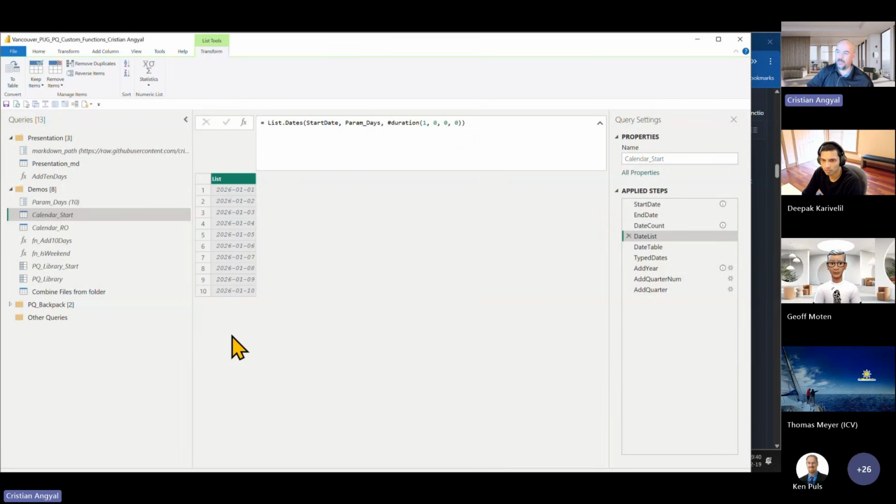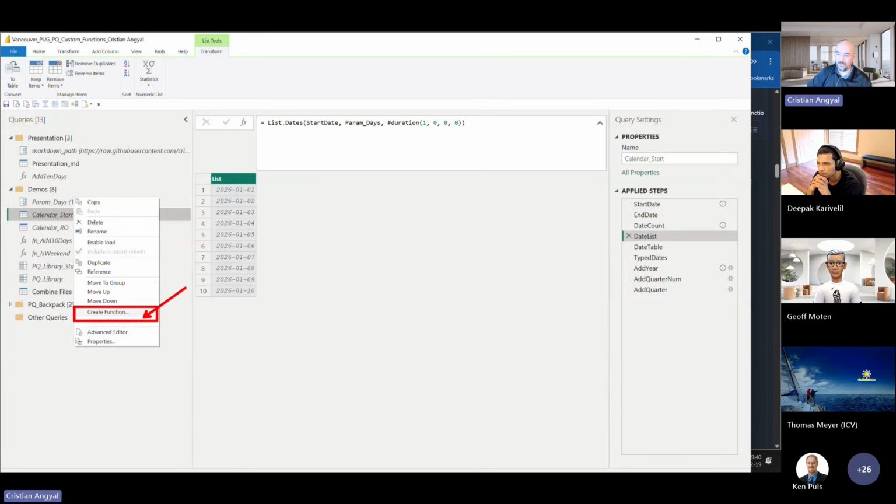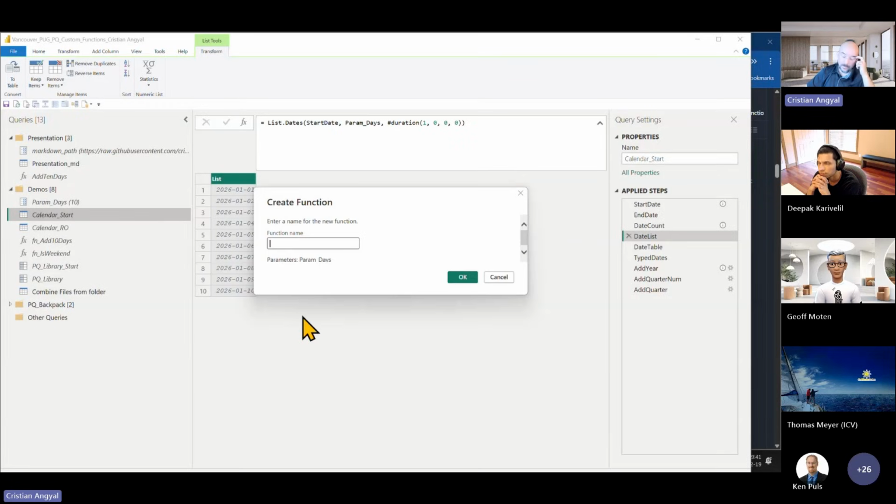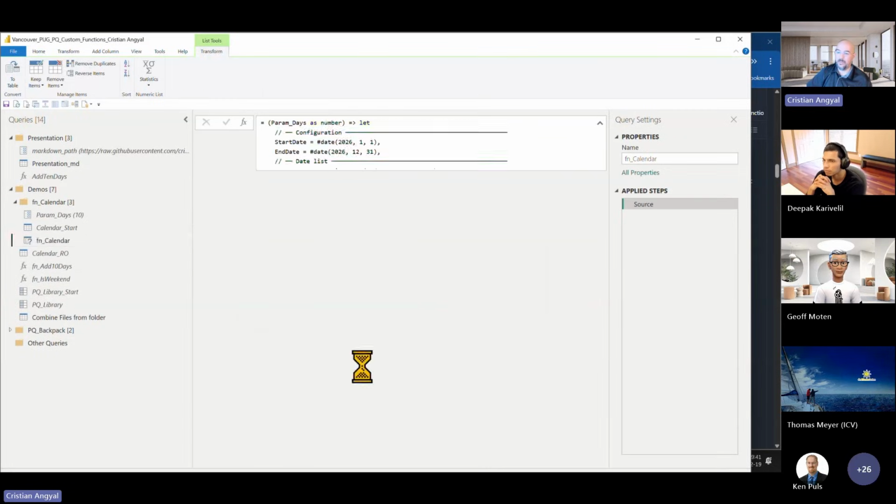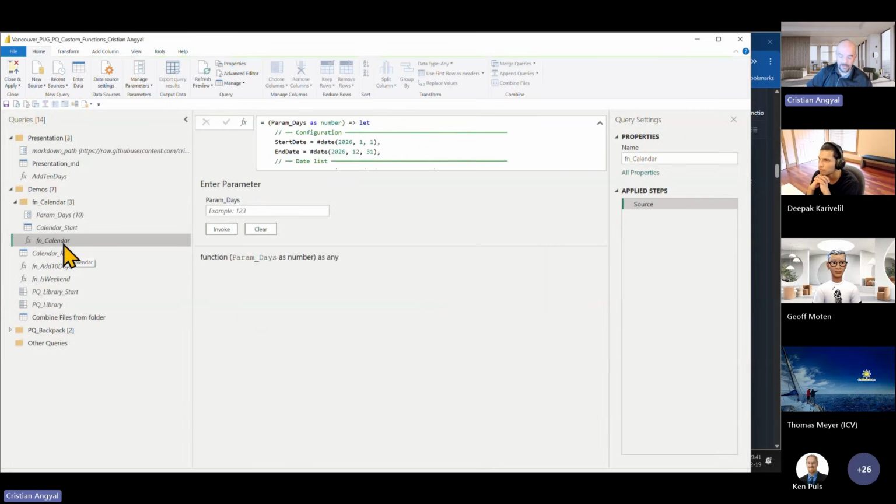Now that I added a parameter inside my query, I have the option, well, I had the option before, and I'll show you that option too. I have the option to right click and go with this create function option here. Whenever I'm doing this, I'm getting a screen asking me for the function name. Let's call it FN calendar. And you will see what's happening. FN calendar, together with the parameter